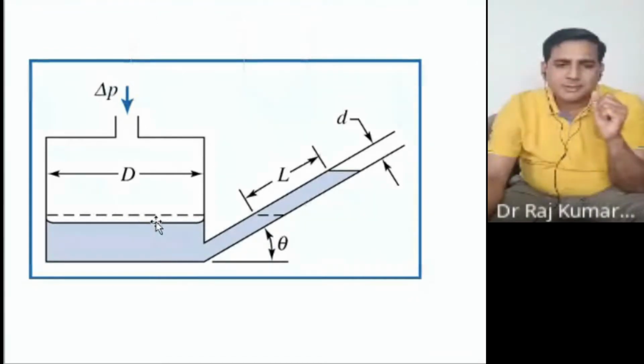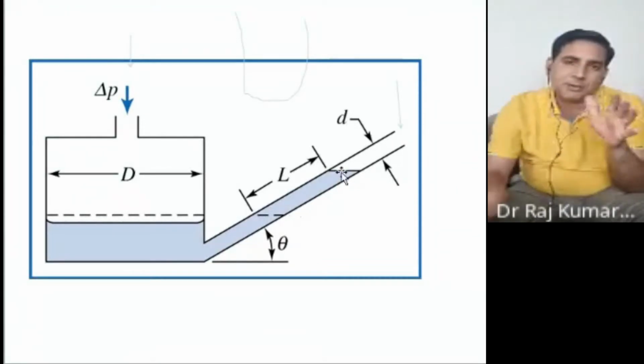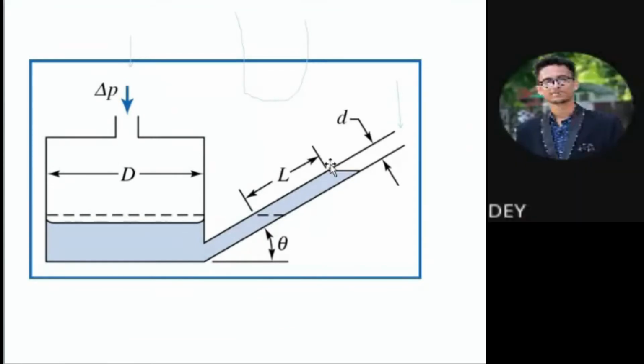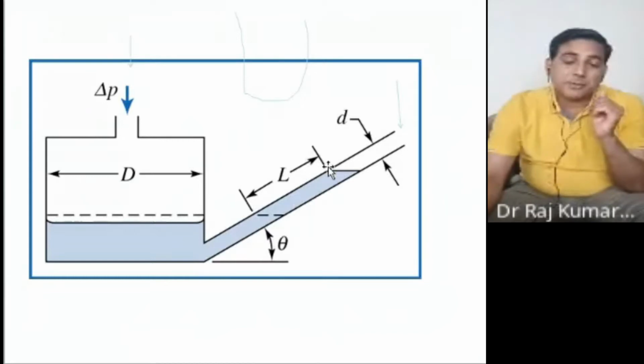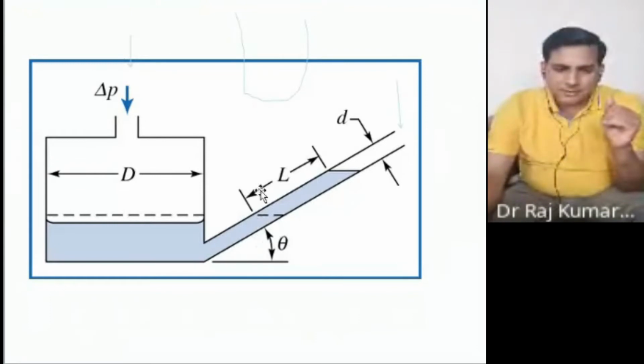But you see the change on this side. Can you see the change here? For this much 1 millimeter of vertical change, the inclined change is this much, this L. So you can measure it much more precisely, correct? This entire system is called an inclined tube manometer, because one of the tubes is inclined. Now this can be measured.